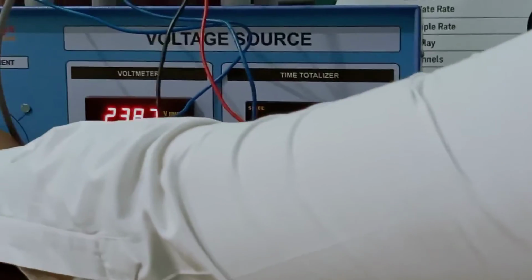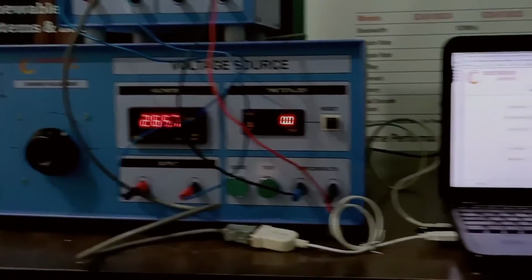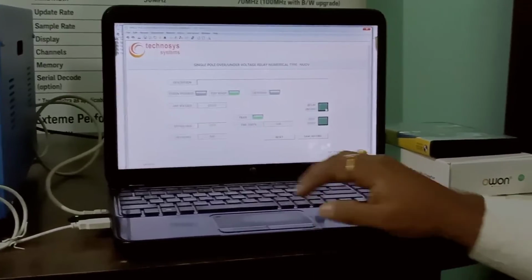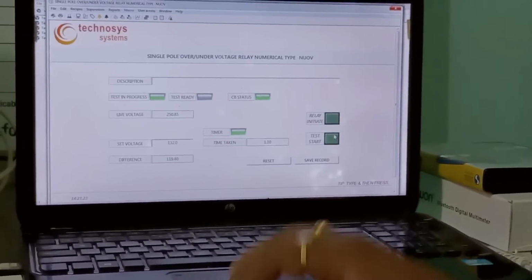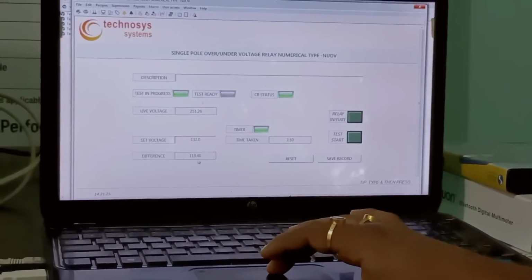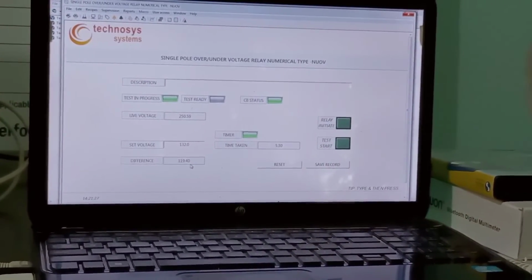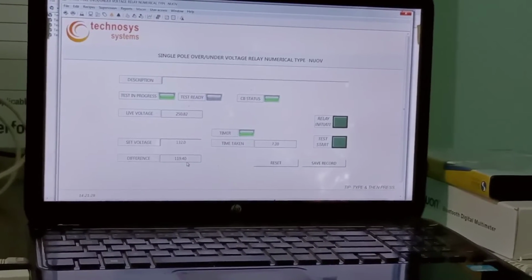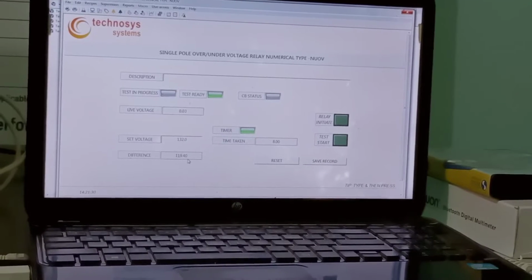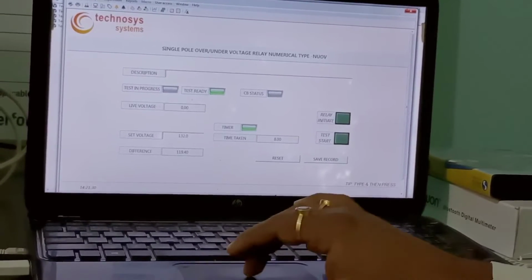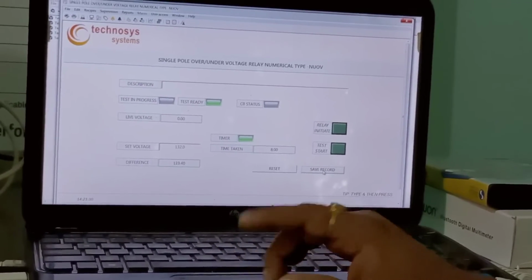Increase the input voltage and test start. So the difference over here is now 119. The relay has been tripped in a very short time. So again save record. We'll take one more reading.